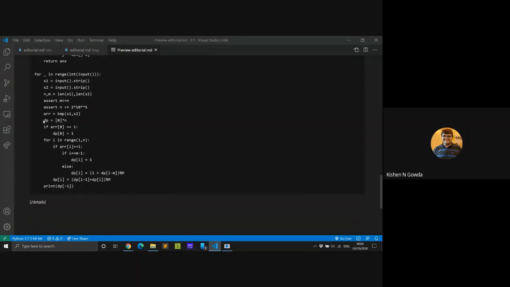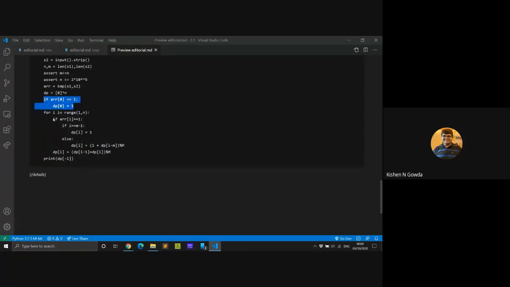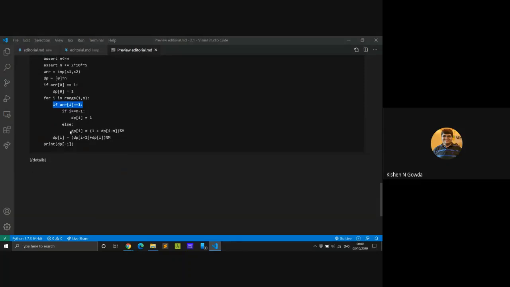And now this code is to calculate the DP value. If ARR of 0, this is the initial condition. Now I'm iterating over all these indices from 1 to n, where n is the size of the string n. If the value is 1, then dp of i is 1 plus prefix of i minus m.